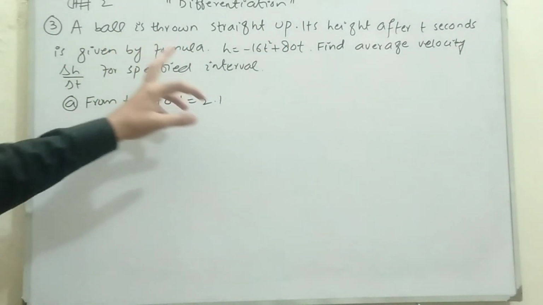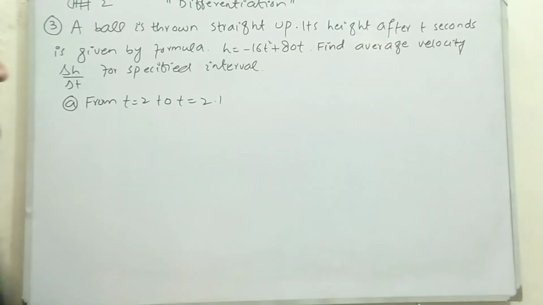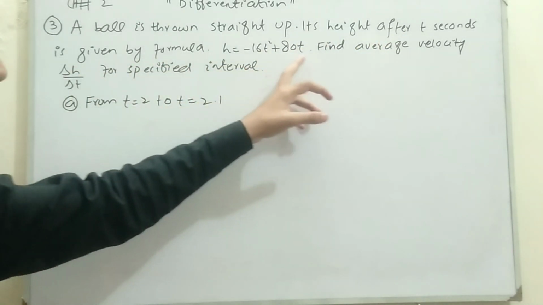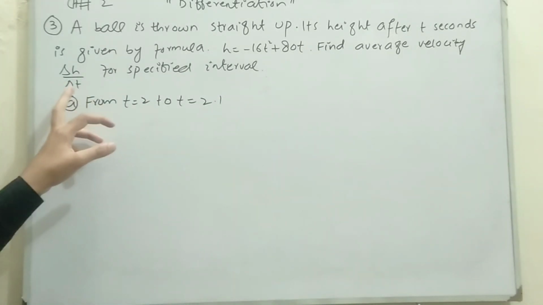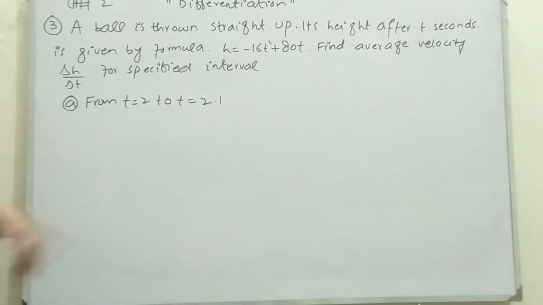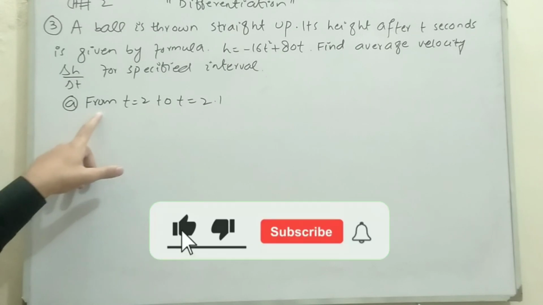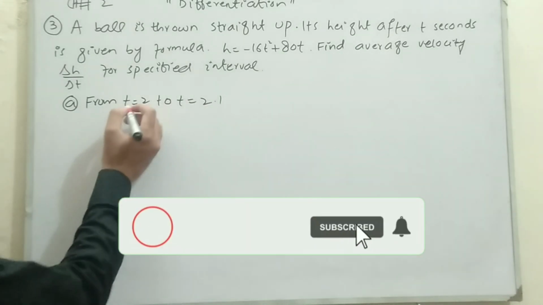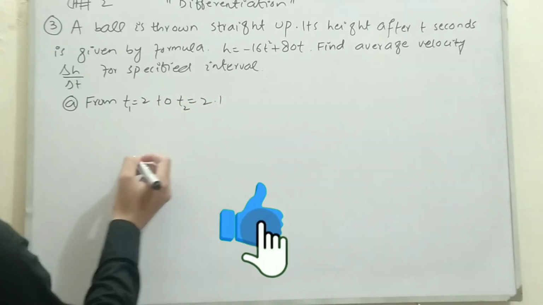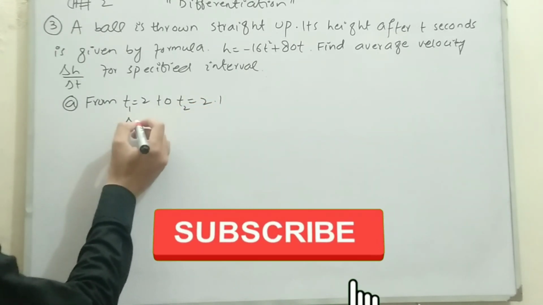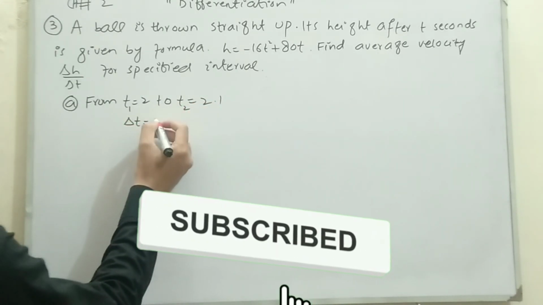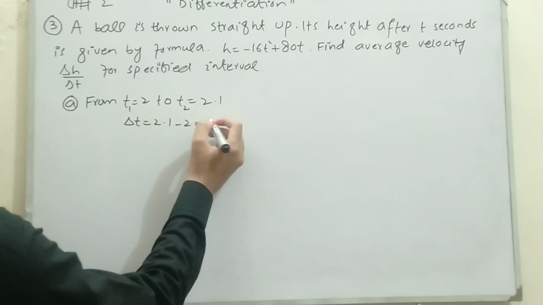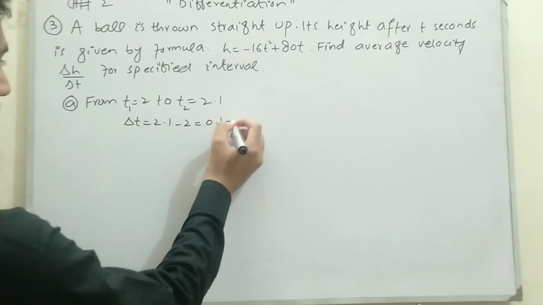It tells that a ball is thrown straight up, and its height after t seconds is given by the formula h is equal to minus 16t square plus 80t. Find the average velocity del h by del t for the specified interval. There are two parts. Part 1 is from t is equal to 2 to t is equal to 2.1. Let's suppose this is t1 and this is t2. So del t will be equal to the final value 2.1 minus the initial value 2, which gives us del t equal to 0.1, which can be written as